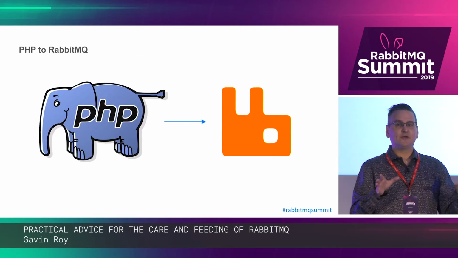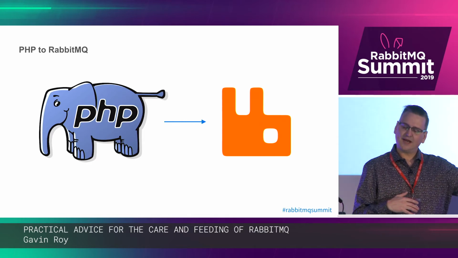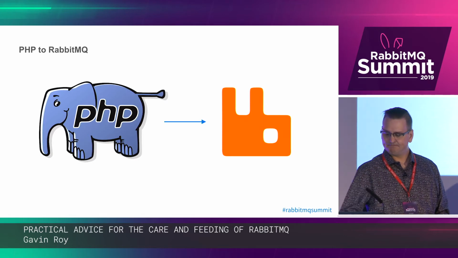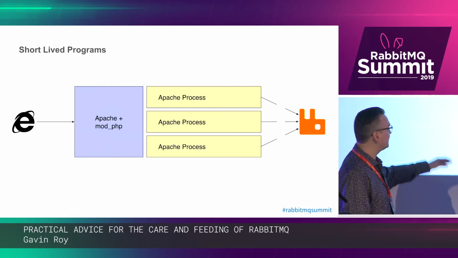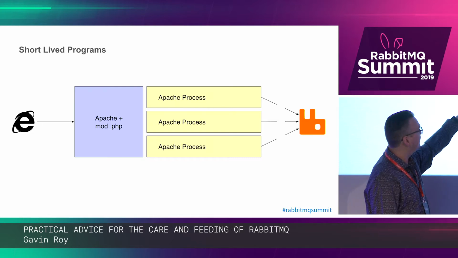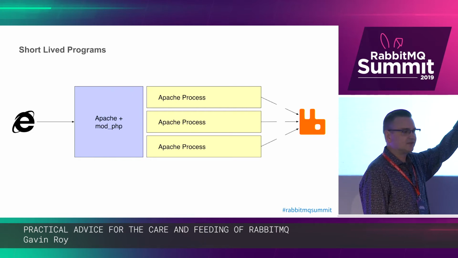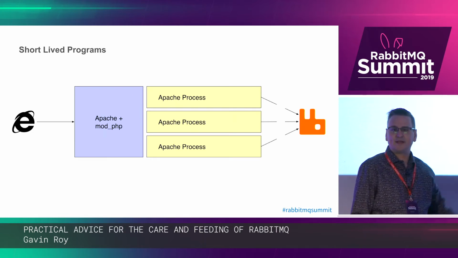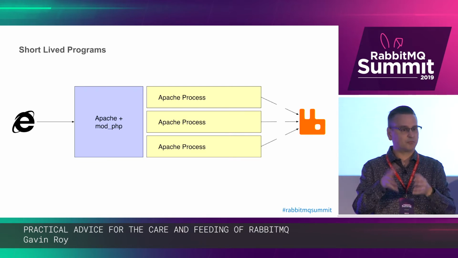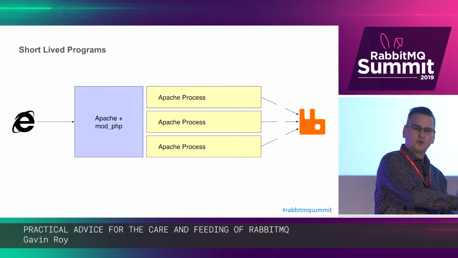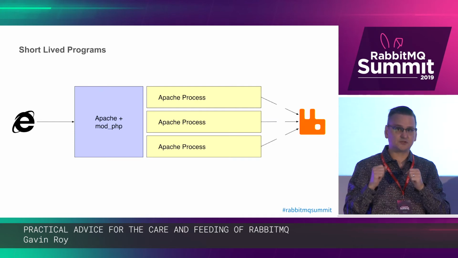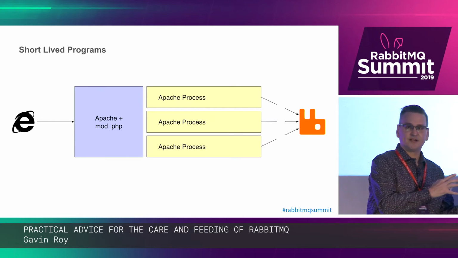We were in the middle of migrating, I'm sorry. Our app was a PHP web front end talking to Rabbit. And if you're not familiar with how that works, you've got the awesome Internet Explorer web browser of the time, Apache with mod PHP, and every web server process or connection was a different back-end connection. And PHP at the time was connect, start the program, execute the program, stop the program, clear out the space, which meant that every single connection to RabbitMQ was short-lived. It would connect, and it would disconnect.